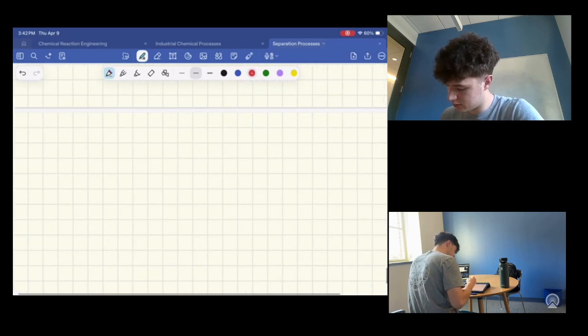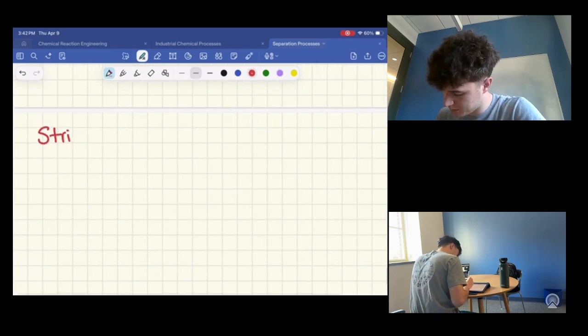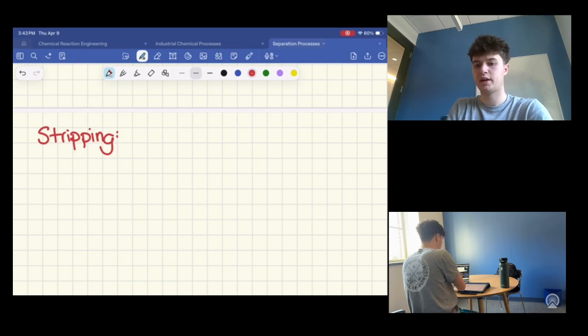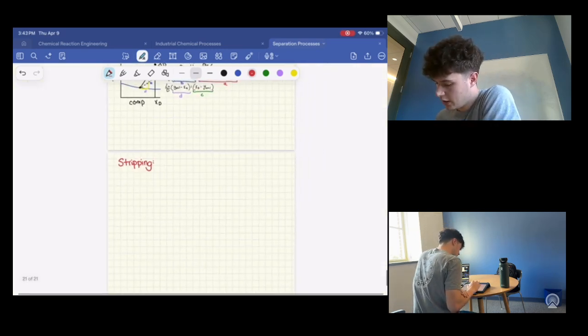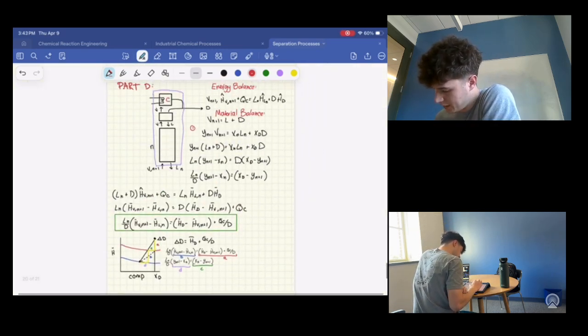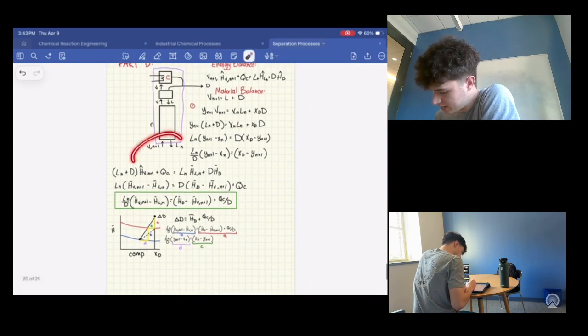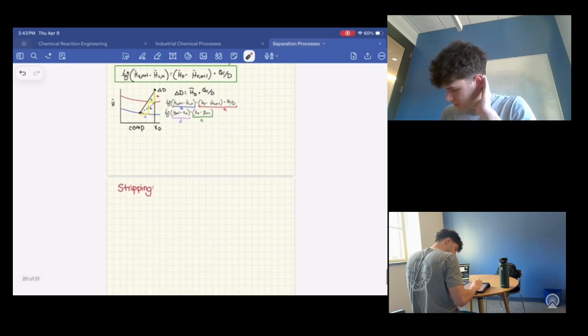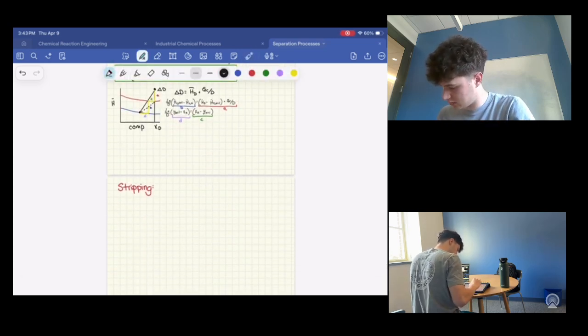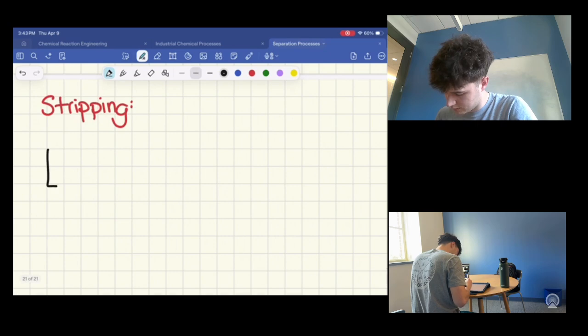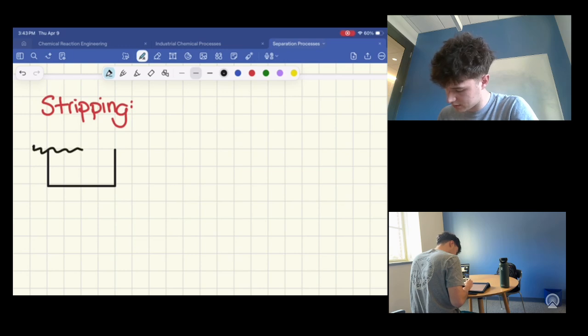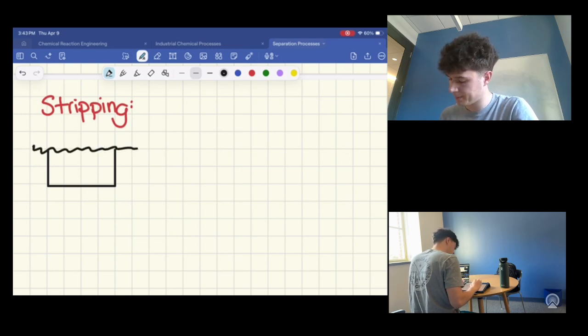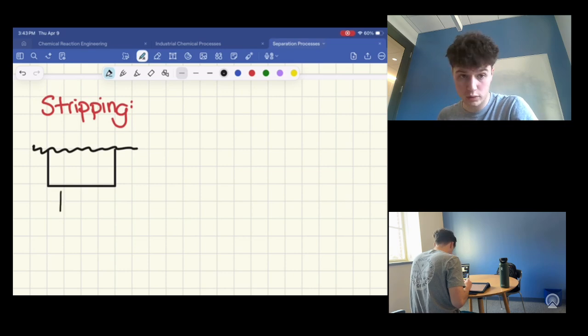Now we're going to do the stripping portion of this assignment. And so now doing this stripping section, imagine that we are going to be working right down in here now in this section. So the bottom of this distillation column, which would be right here, and then all that stuff would be up there above. So I'll draw a little bit of this line so we know that there's stuff going on up there. And you still have your vapor going in,